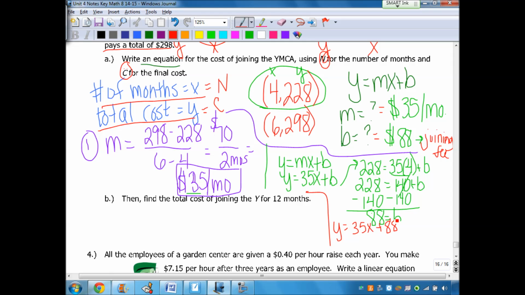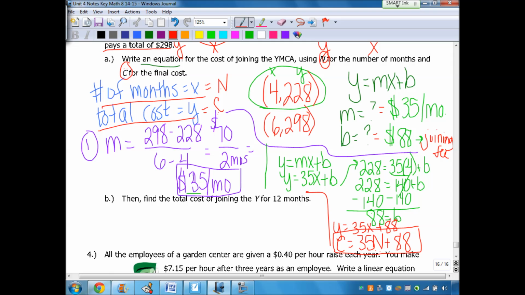However, instead of y, we're going to use c. And instead of x, we're going to use n. So c equals 35n plus 88. Now we have to understand, what does this even mean? This means that the cost is $35 per every n, so per every month, plus an initial fee of $88,